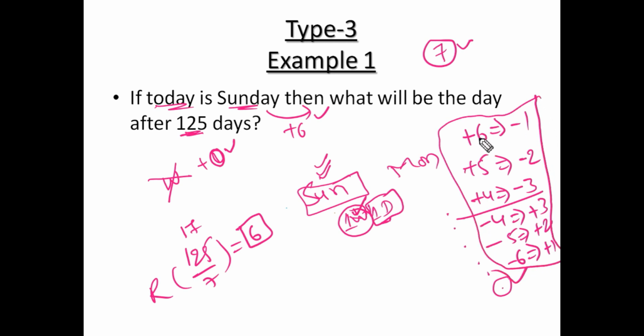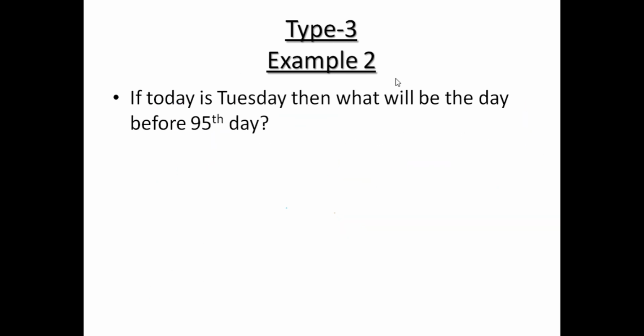Okay, so here plus 1, plus 2, plus 3 are easy. Plus 4, plus 5, plus 6 will take some extra time. So we are converting those plus 4, plus 5, plus 6 also into 1, 2, 3. Right? So find the odd days in the given duration. Simply add those many odd days to the given day. Right? Yeah.